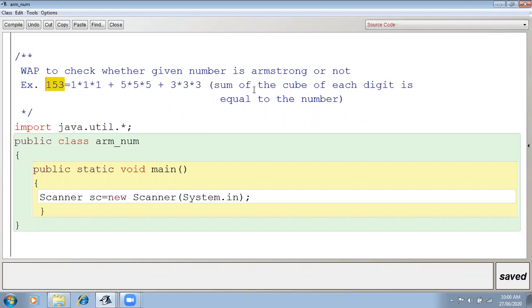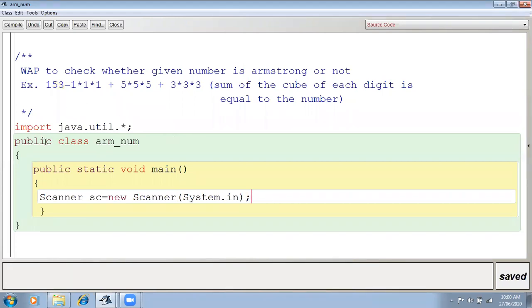If this calculation comes out as 153, the same number as the user has inputted, it means this number is an Armstrong number.